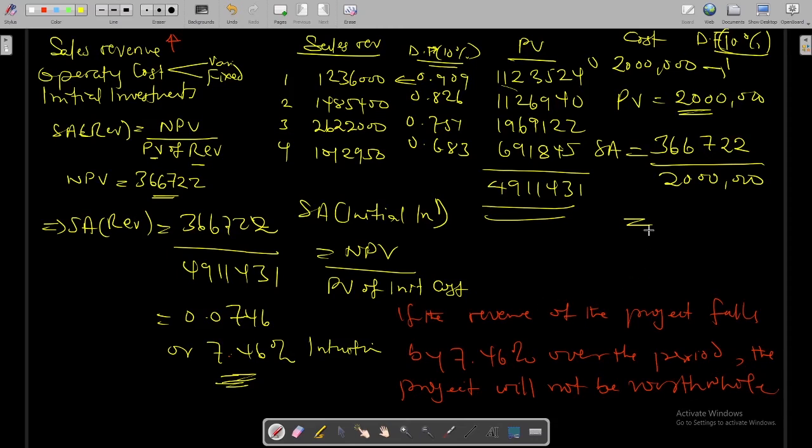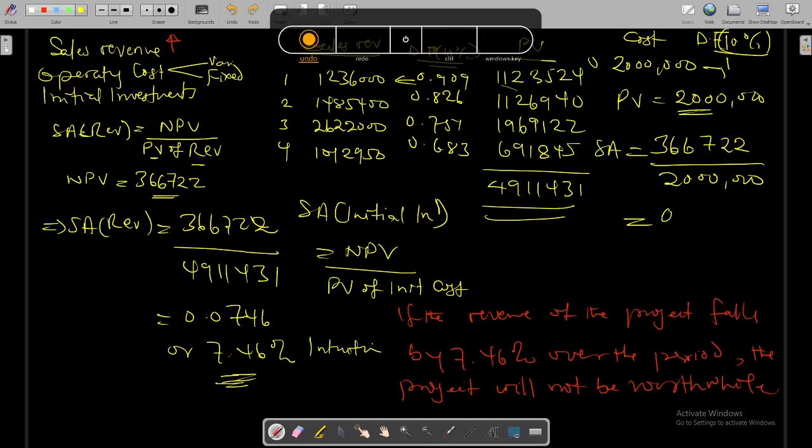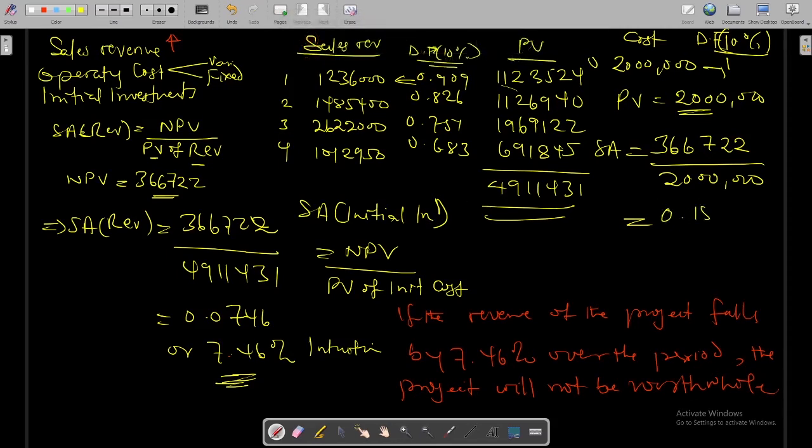So this one will give us 0.183 or 18.3%. What does this mean? What is the intuition of the 18.3%? It simply means that for every company,